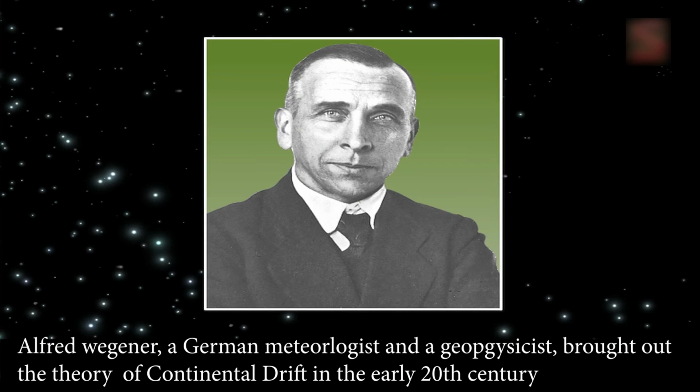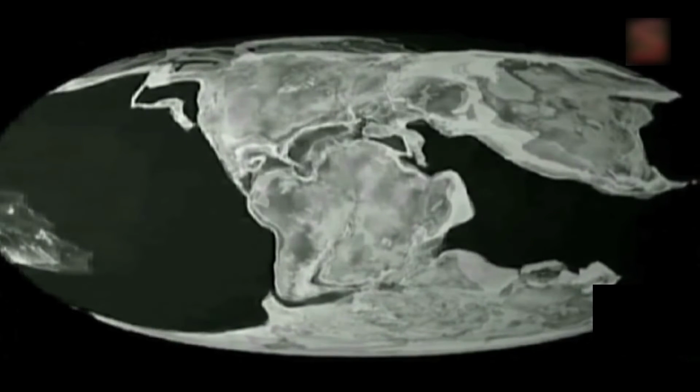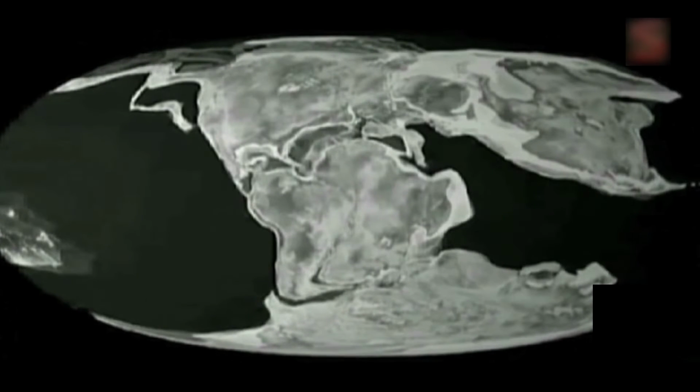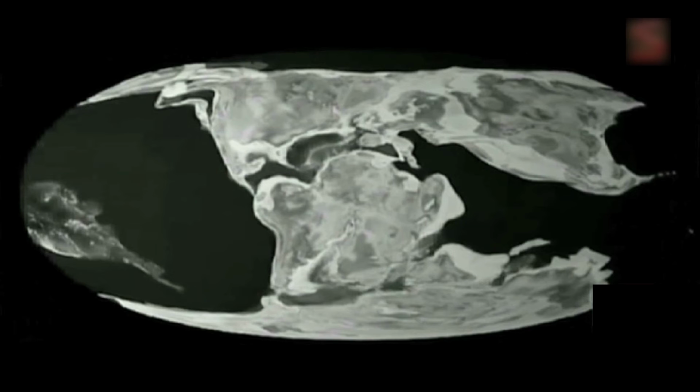Students, various studies of the earth conducted by some meteorologists and earth scientists help us in understanding these phenomena. Alfred Wegener, a German meteorologist and geophysicist, brought out the theory of continental drift in the early 20th century. According to this theory, Alfred Wegener described the current positions of the continents and ocean basins. He assumed a massive supercontinent which he called Pangaea, which translates from Greek as whole land, existed 22 million years ago,